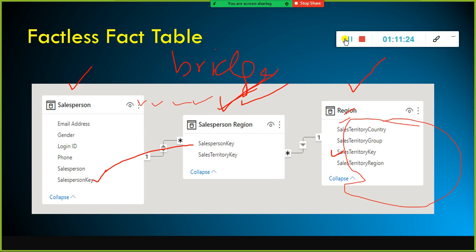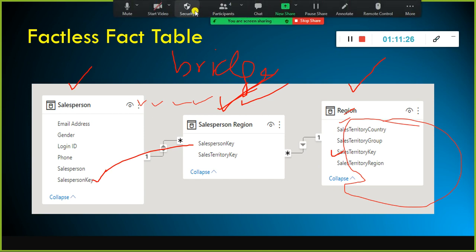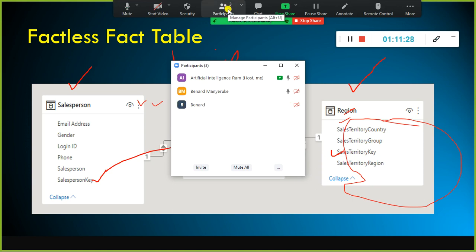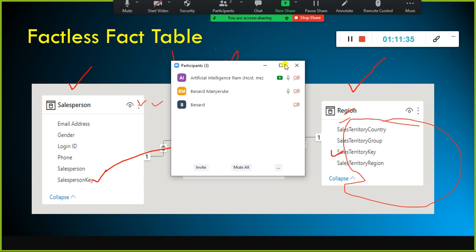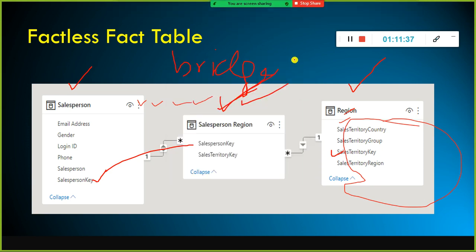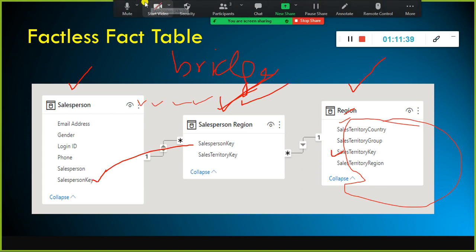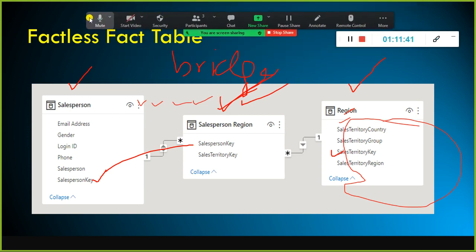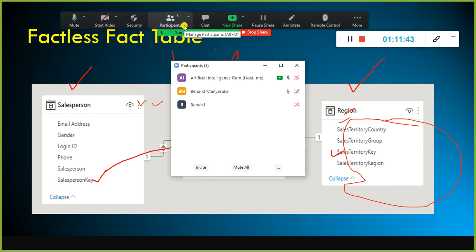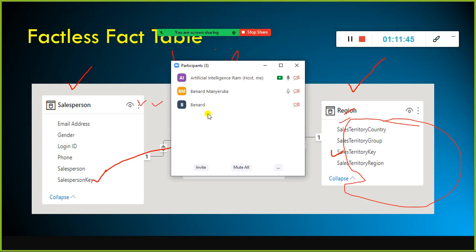Tell me, Bernard, is it Bernard? Yes, sure. Are you able to share the recording of this session with us so that we can go through it? Sure, definitely we'll share this with you, Bernard. Can I know your WhatsApp number also, so that I can share it with you?